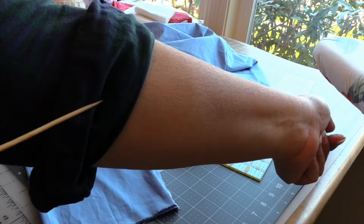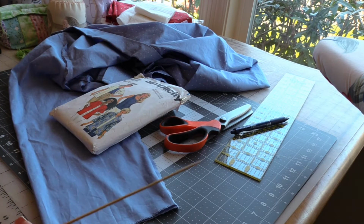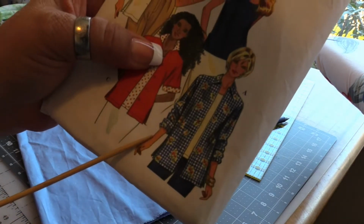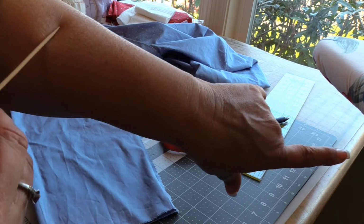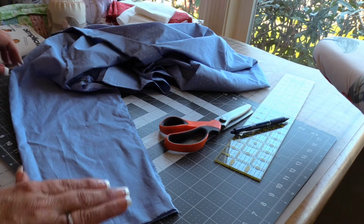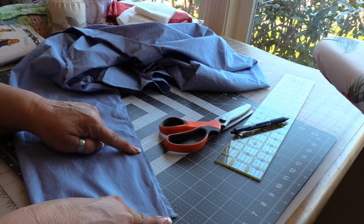And as you can see, I know this is sloppy, but this is the way I roll up my sleeves. I do this 12 months out of the year. I don't ever wear them down. She doesn't wear them down. She's got them pushed up. But these only go up to about right here on my arm, which is too irritating. I don't like that. So I have decided that I am going to undo the lower seam at 5 inches